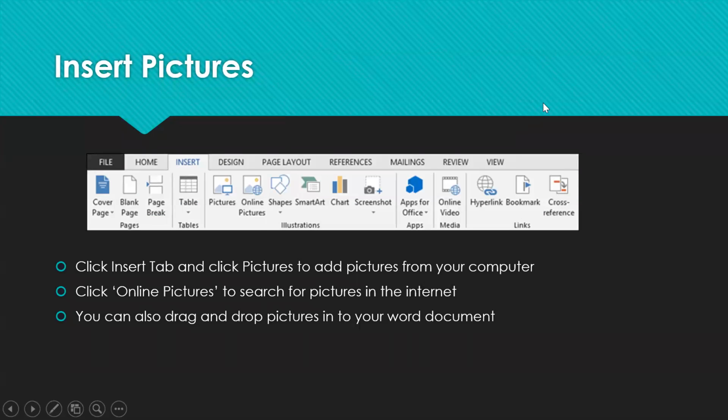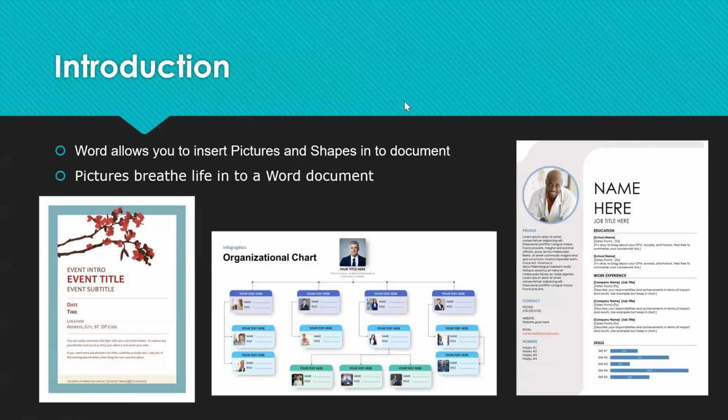As you see in this slide, these are all Word files. The first file is like an invitation. They have given borders, added a picture, and used headings for different formats of text. In the second picture, they've done an organizational chart.